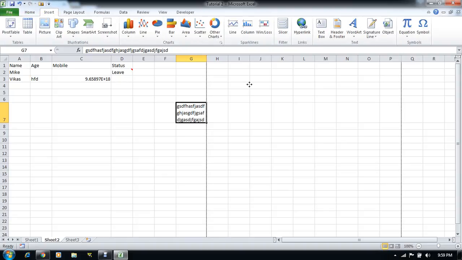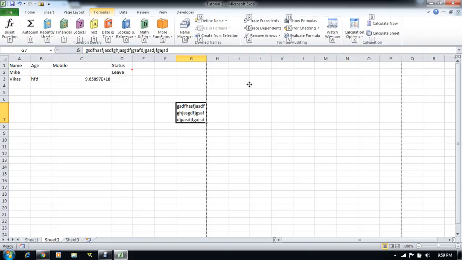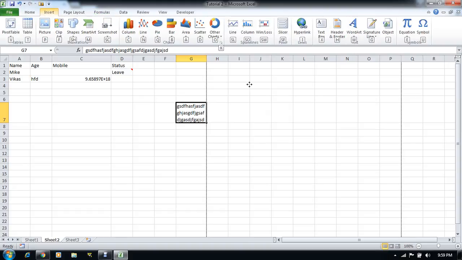Now one more thing I want to tell you. For example, you have pressed Alt and then M. If you want to go back to the ribbon options, you can press the Escape key on your keyboard. You can see that the options for the ribbons are activated again. Then, if you have gone to Insert, you will see all the shortcut keys visible in the Insert menu. If you want to go back to the ribbon options, you can just press Escape.